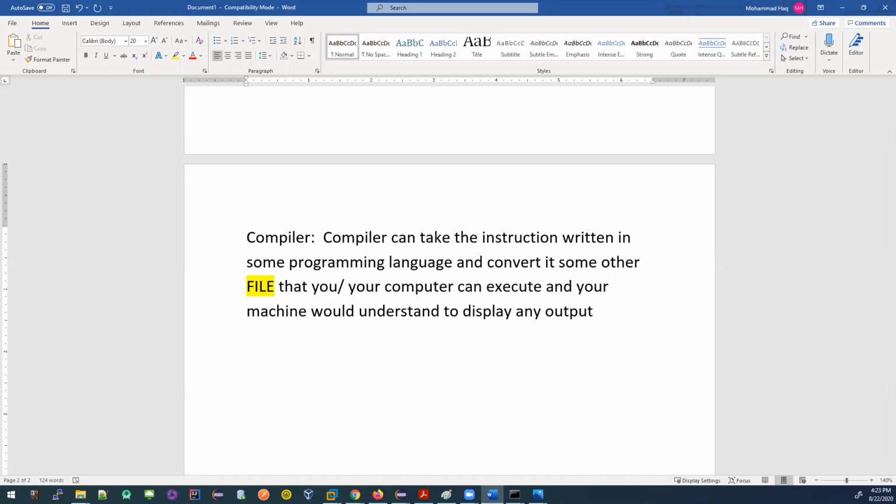So what is a compiler? A compiler can take the instruction written in some programming language and convert it to some other file that you can execute, or your computer can also execute automatically, and your machine would understand to display any output.